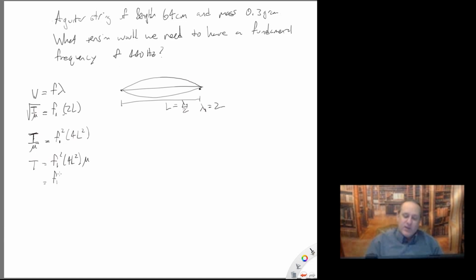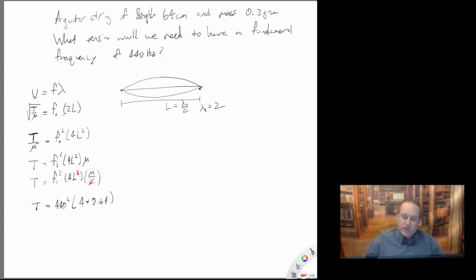And remember that the mu is just the mass over the length. So one of those lengths just cancels out. Finally, the tension would be 440 hertz squared times 4 times 0.64